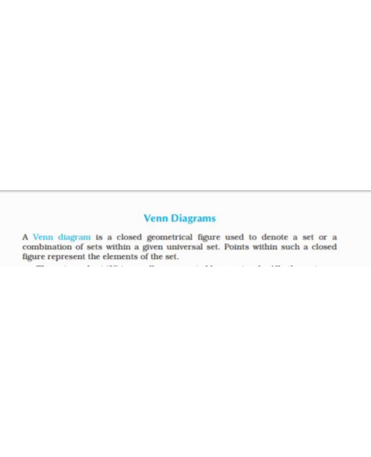First of all, the Venn diagram is a geometrical figure, because the numbers will be given and represented in some geometrical figure, which means you will easily understand the sum. That is called a Venn diagram. It is like a closed geometrical figure. It denotes all the sets or combinations of sets within a given universal set. You see the figure first.